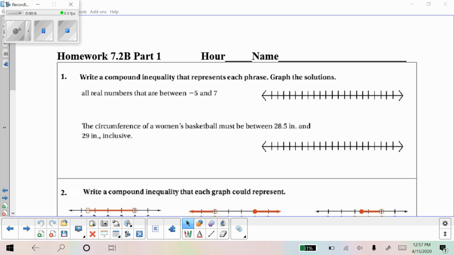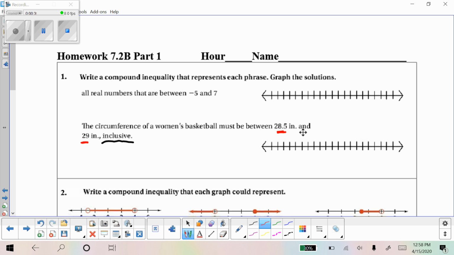I just thought I'd go over some of the problems that I think you might have had some difficulties with on your 7.2b Part 1 homework. And just a couple things real quick. This word right here, inclusive, that means that it's going to include the endpoints, these numbers. So you need to have the equal sign in your